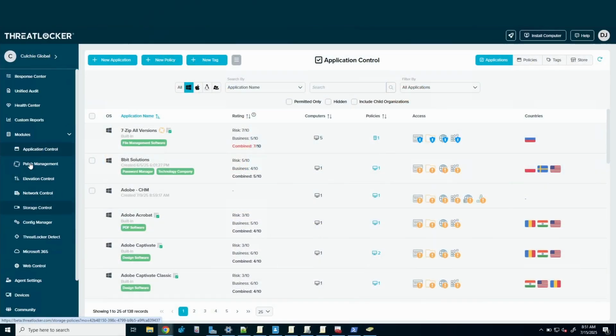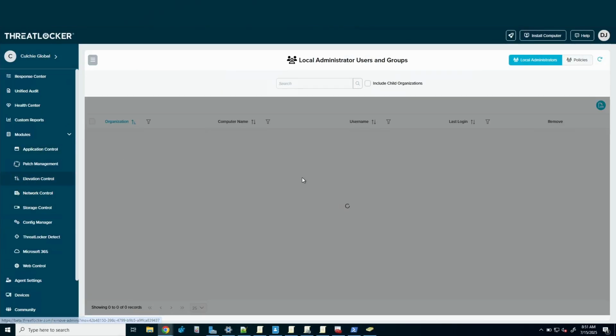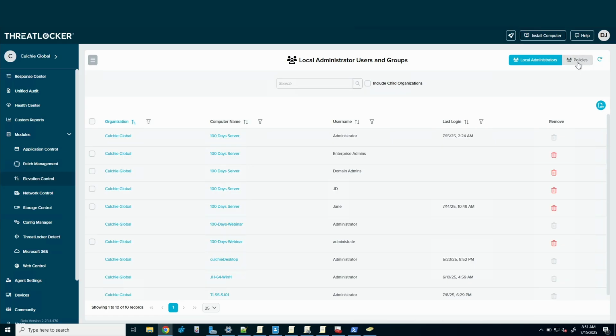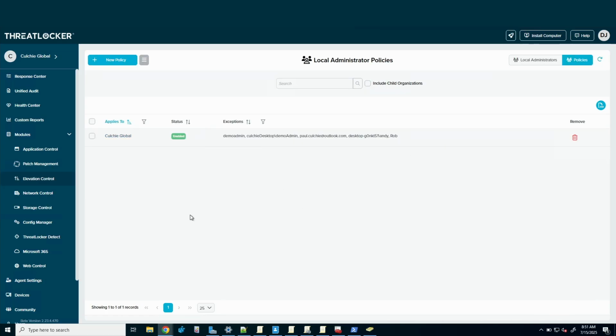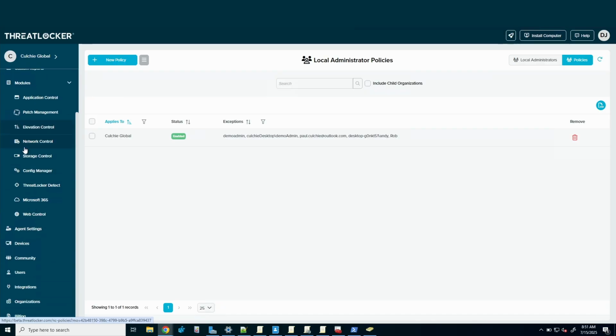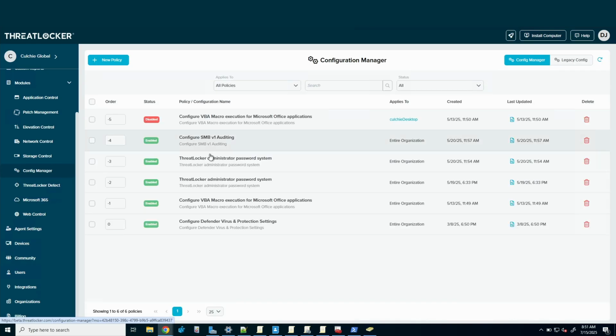What was I showing on this side? Configuration Manager, maybe. Oh, T-Labs. That's what it was. Okay, so in T-Labs, there are a few areas on administrator passwords. We have local administrators here, which will show you. We have policies to remove local administrators automatically. Remember, be super, super, super careful about this policy. We've had too many companies wipe out all of their admin accounts without realizing they were doing that. So if we go into policies on Configuration Manager, we can set a policy that says, do I already have one?